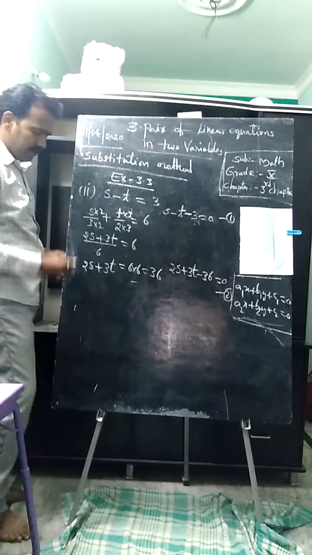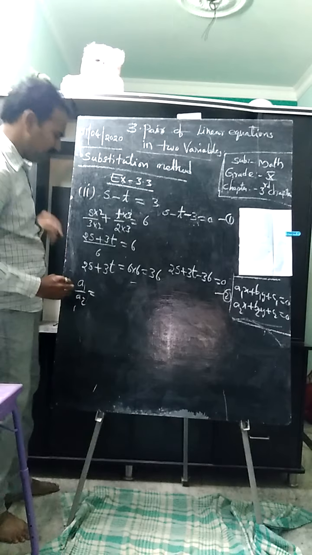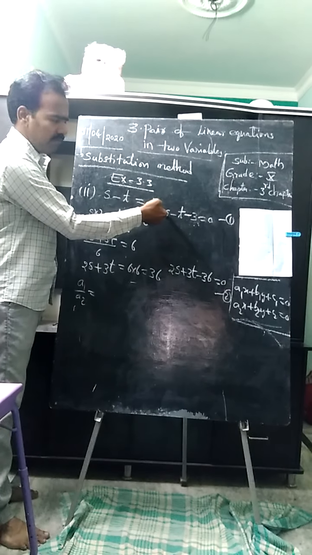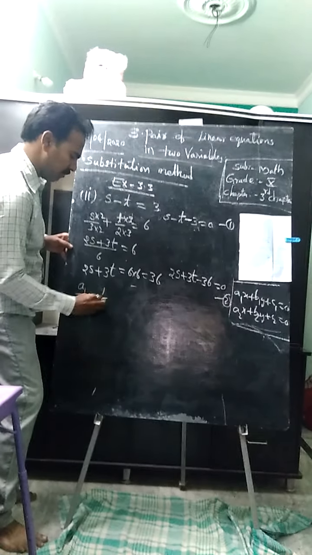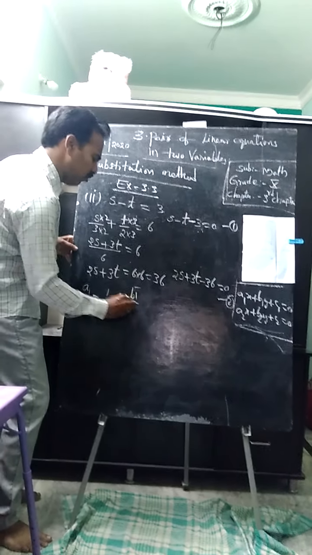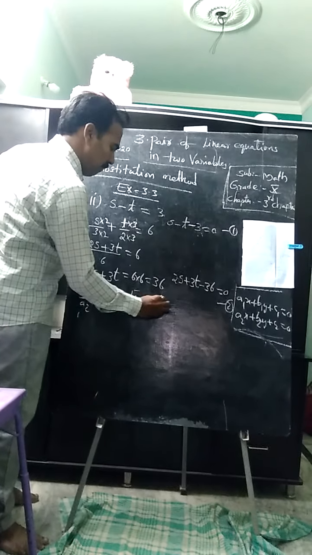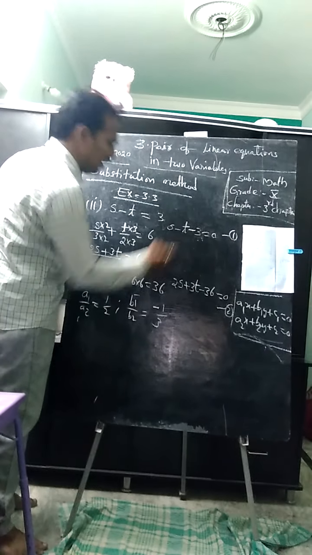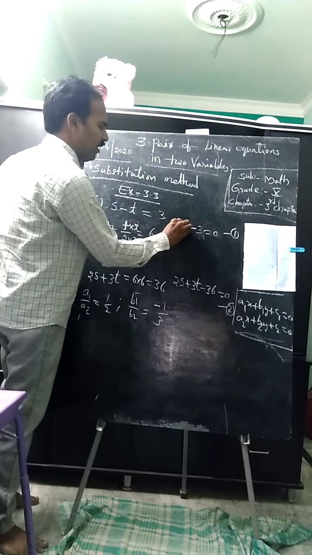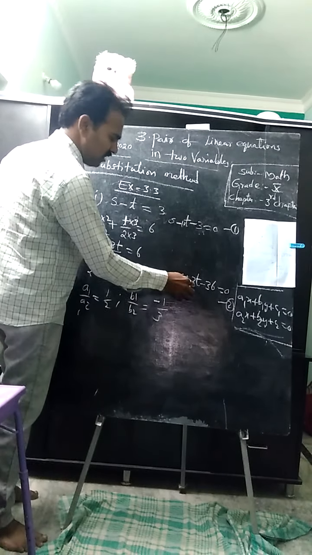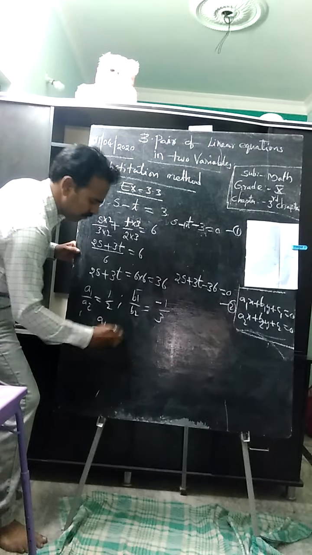So before applying any method, I mean the substitution method, one of the algebraic methods, check whether a1 by a2 is not equal to b1 by b2. a1 by a2: here a1 means the coefficient of s, that is 1 by 2. It is in lowest form, no need to simplify. But here minus 1 by 3. Here minus 1, where we have no number, means 1, that is minus 1. We can write minus 1 into 2. So minus 1, 3 is there, 3. Are they equal, students? Yes, they are not equal.